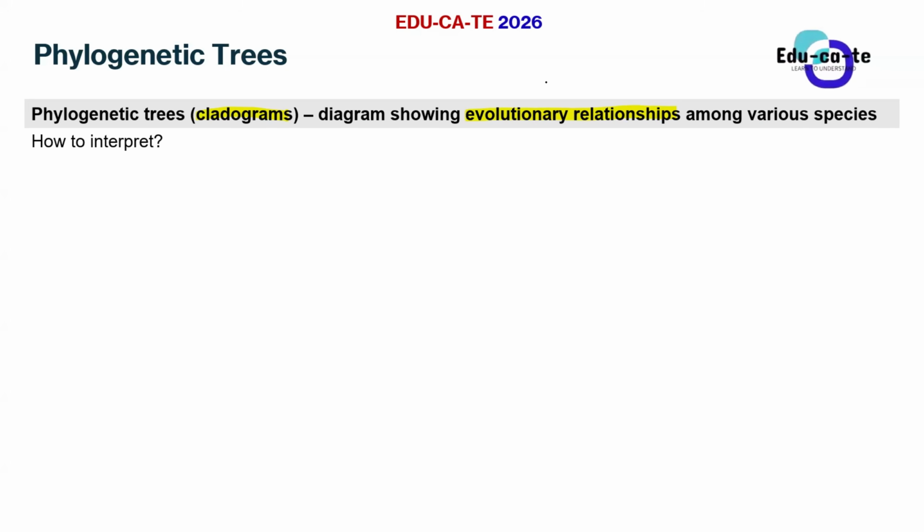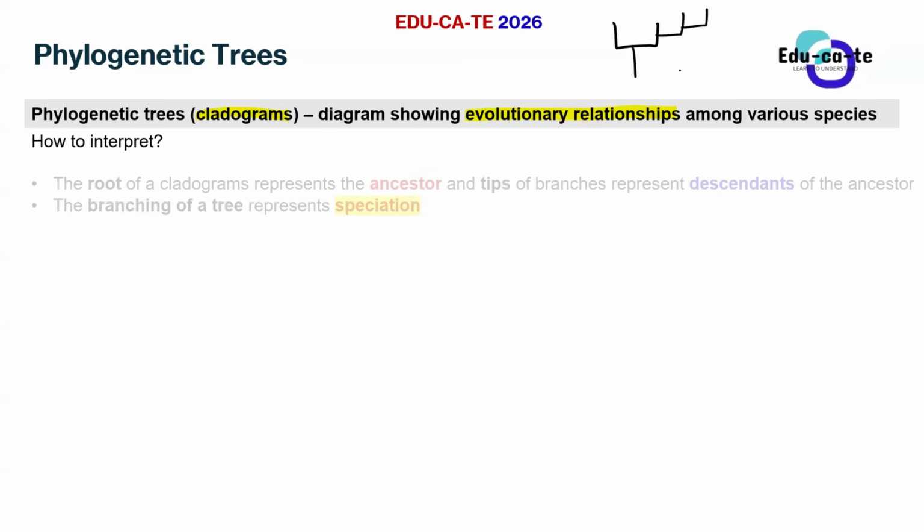Okay. So we need to know how to interpret the diagrams known as phylogenetic trees. You usually see them having this shape. They look like trees, literally, with branches and a couple of sections. What you need to know as a grade 12 learner is how to actually know what this phylogenetic tree means. Okay. So now, how do we interpret a phylogenetic tree?